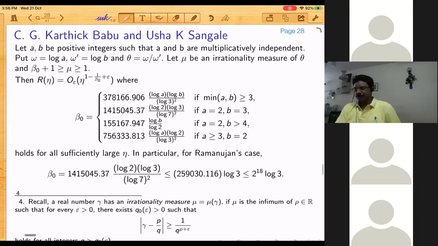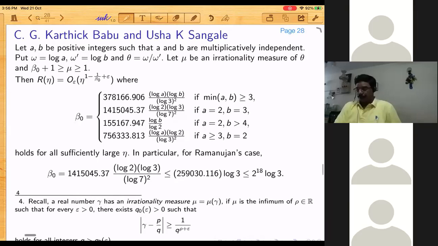Then they obtain that the error term R eta is n to the power 1 minus 1 by beta naught plus epsilon, with beta naught explicitly like this. The values of beta naught are large numbers, and this is the case of Ramanujan. A is log 2 and B is log 3. And in particular, they also obtain an improvement over this one, namely beta naught is,